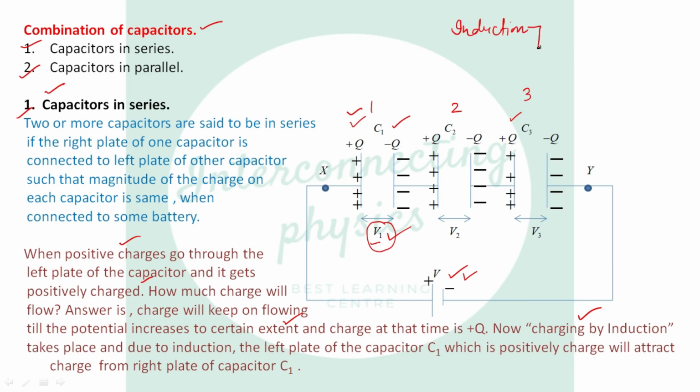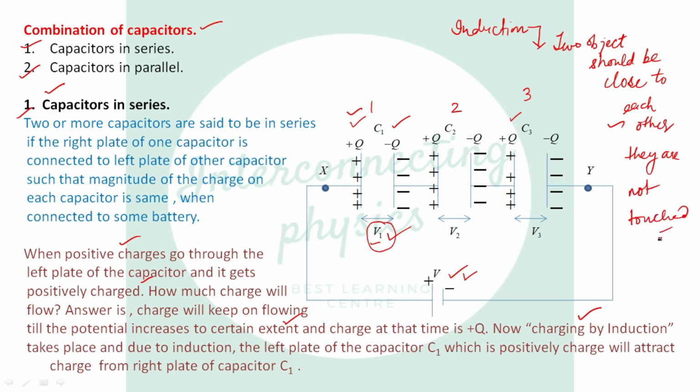In induction, two objects should be close to each other, and they are not touched. So here you see, we have two conducting plates, left plate and right plate. Now this plate becomes positively charged, and due to induction...